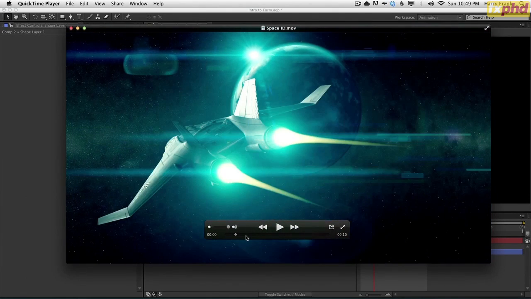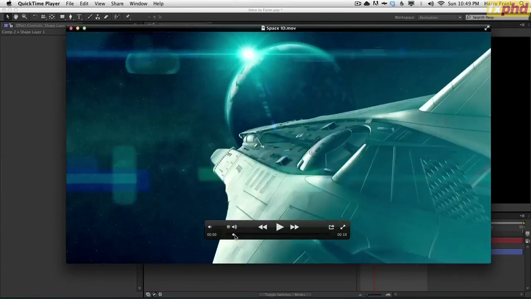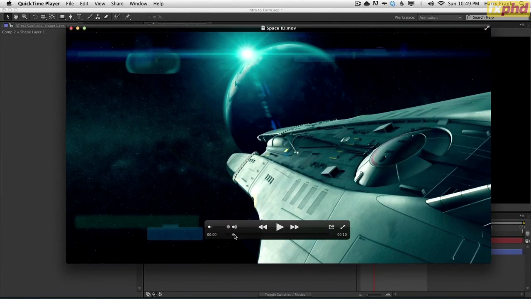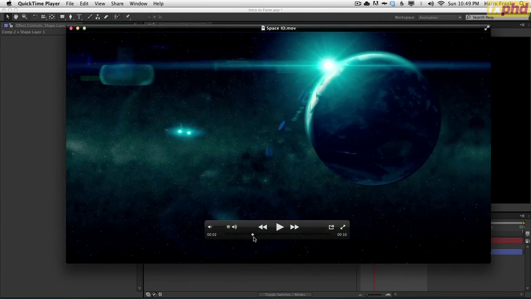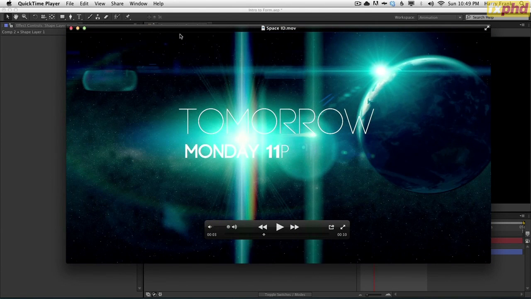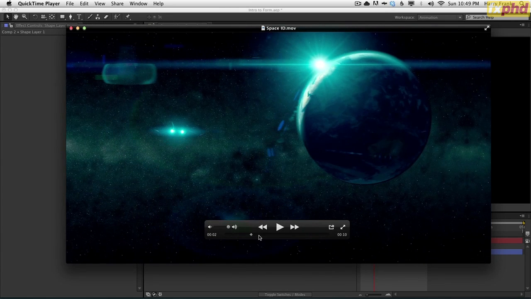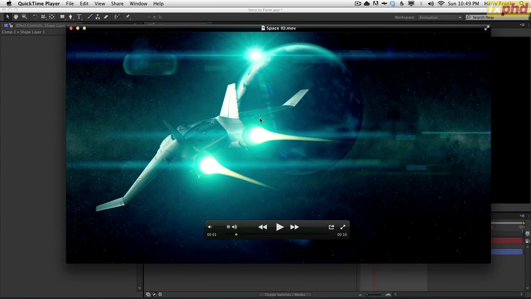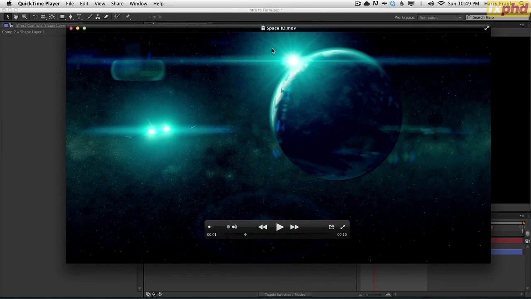Now, there is a little bit of Cinema 4D. We're certainly not going to model a spaceship. This is actually purchased from TurboSquid, but you'll get a render pass of this. And there's a lot of Particular going on here. There's some Trapcode Horizon and Form creating the star background. The exhaust trails are done with Trapcode Particular, and there's a mystery plugin